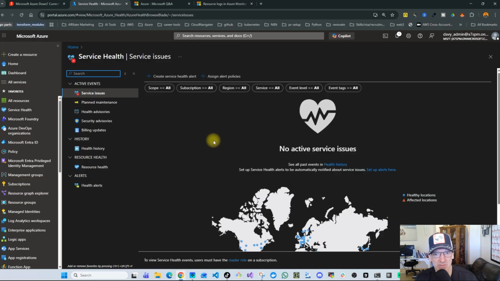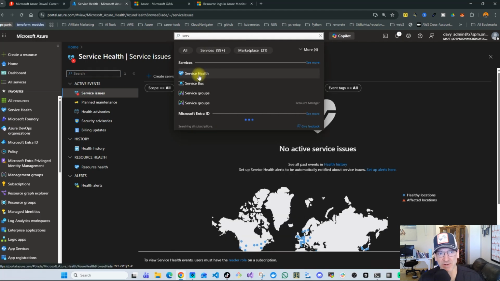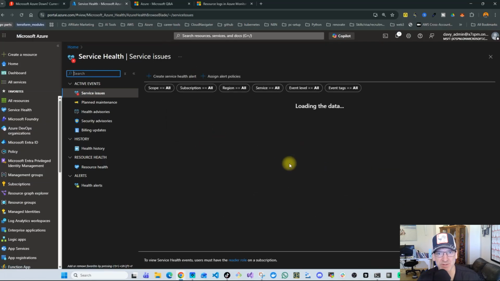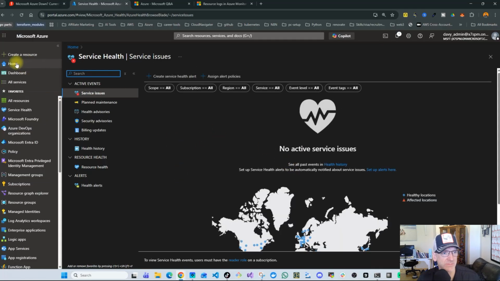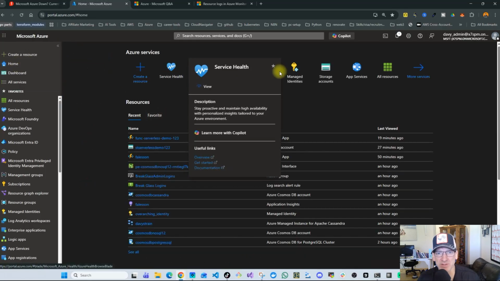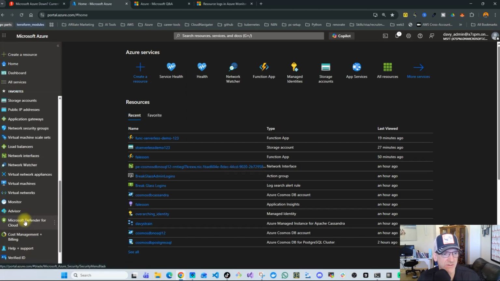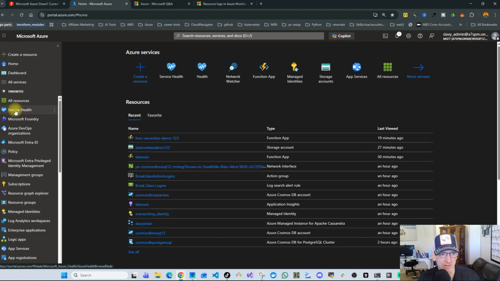What we're looking at here is Service Health, folks. And if you're not sure where to find this, if you just type in Service, it'll come up here, Service Health, and you can bounce into it there. If you want to bookmark it, come to home here, hover over Service Health and just star it, folks. It'll appear in the blade on the left, and then you can drag it to where you want it. I've got it here at the top,